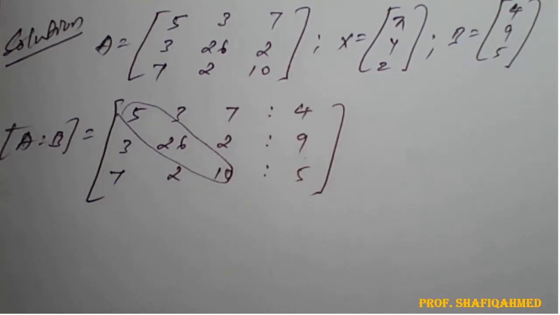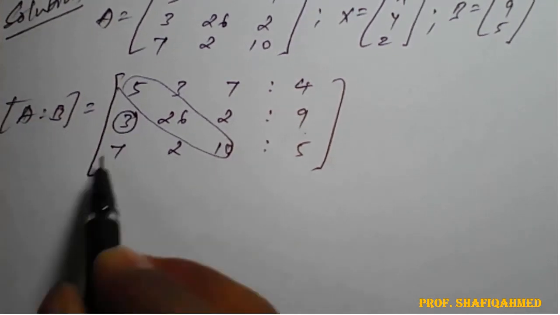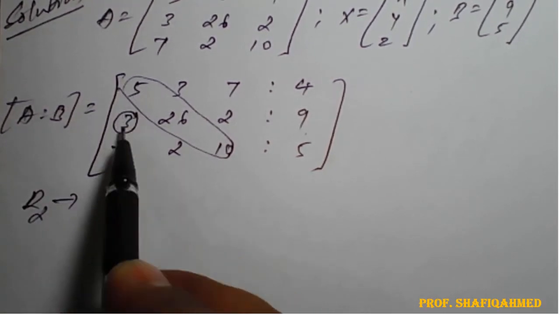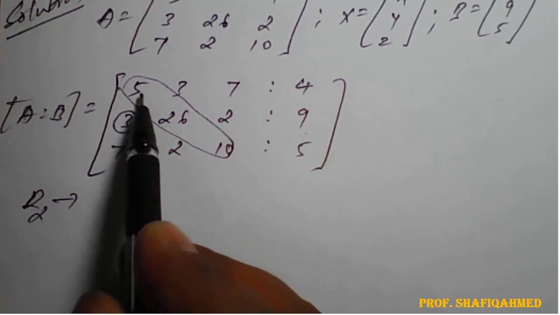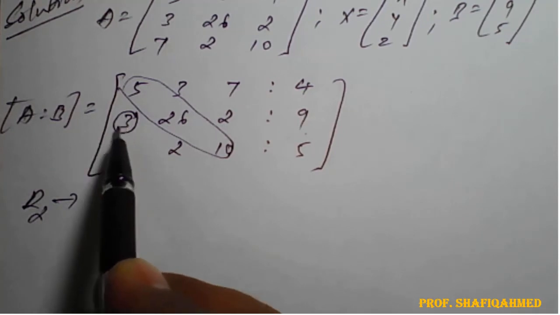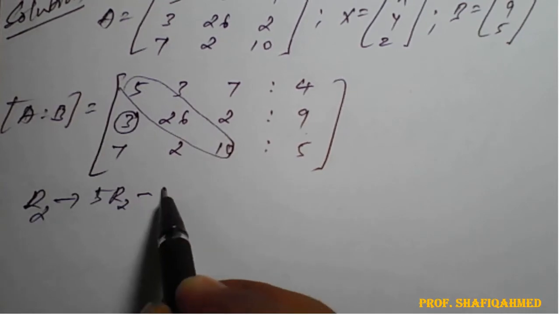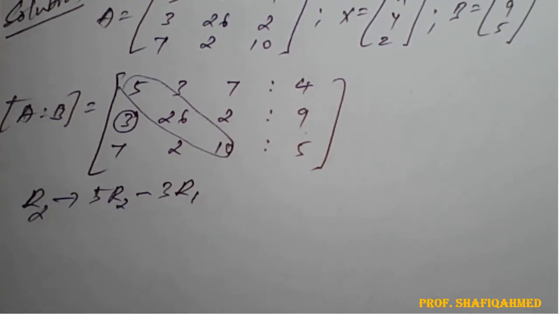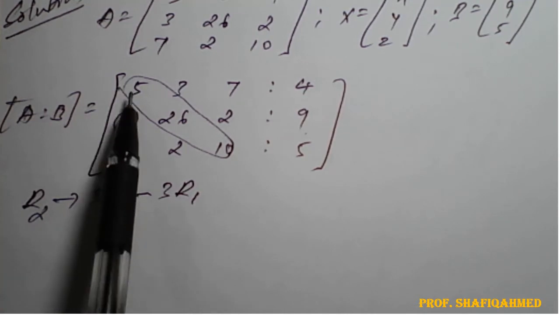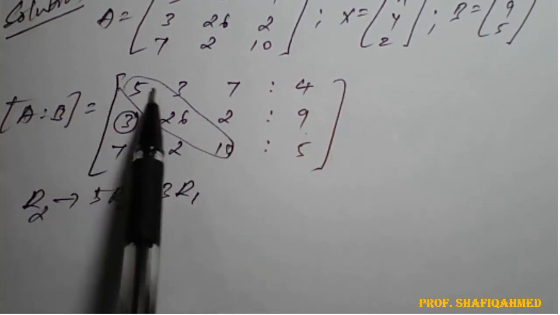So how to make a 0? We need to prepare a formula for this. To make this element 0, this belongs to row 2. So we need to cross multiply the numbers here to make both the numbers the same. So for this row we need to multiply what here? 5 times R2 minus 3 times R1. Hope you have got my point. So 5 times 3 is 15 and 3 times 5 is 15. So 15 minus 15, we can make this element 0. So 5 times R2 and 3 times R1.